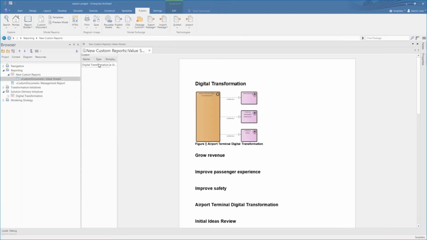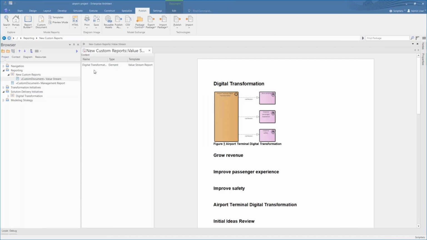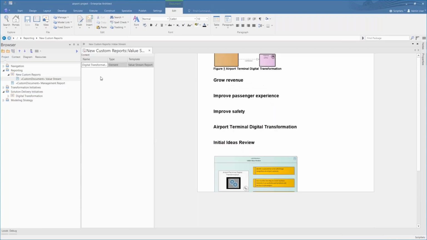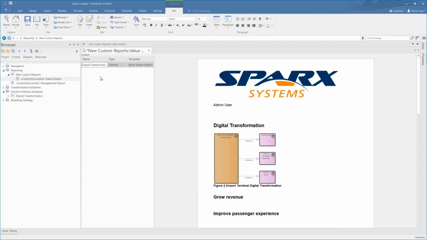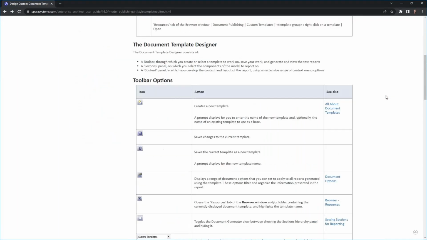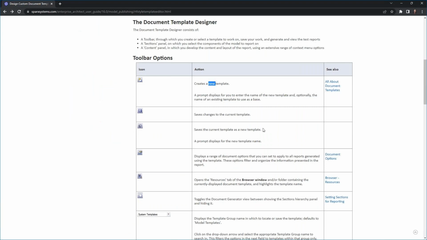So now if I update our dynamic section once again using the new template, the logo appears, and I've logged in as admin user in this particular account, so that's been updated as well. So there's lots of information in the help file about creating document templates.